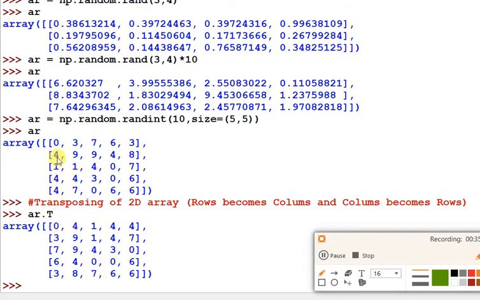And these rows are converted into columns. Sometimes you need to transpose the matrix, and then we can call this capital T, which is array.T. When you call it, it will transpose the matrix.